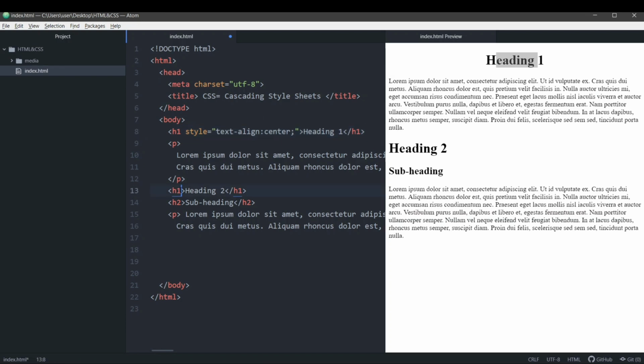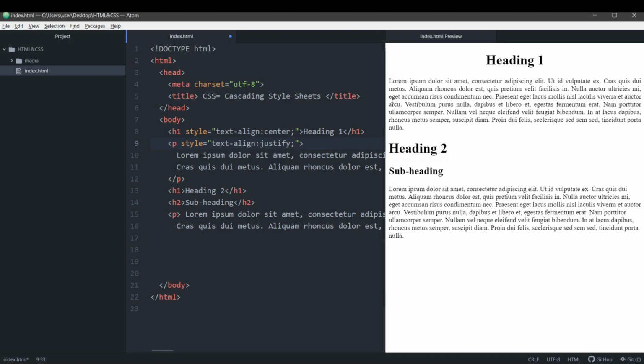Now what if I want this paragraph to also be in the center? I can just copy and paste this code and place it in this paragraph tag and save it. Now this paragraph will also be centered. You can see that it shifted, right? Now this paragraph is in the center, but does it look better? It does not. So for the paragraph we'll use something called justify, and after you justify, you can see that it shifted back to the way it was before.